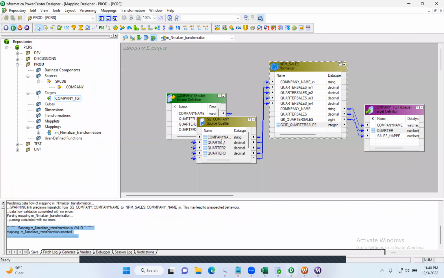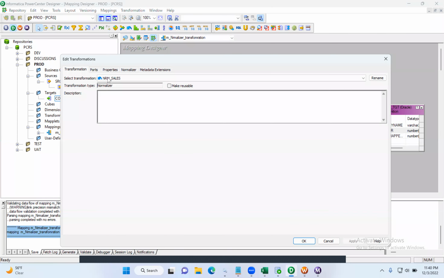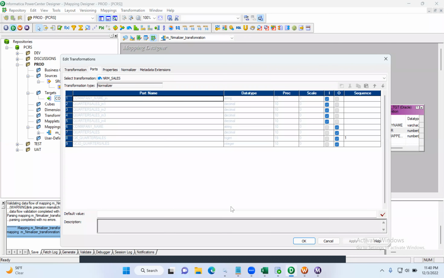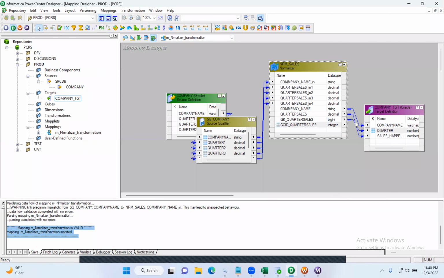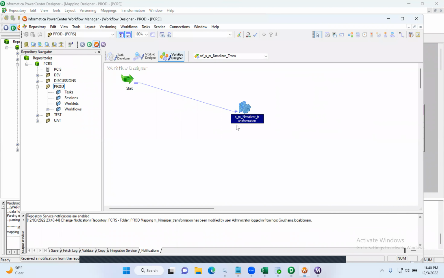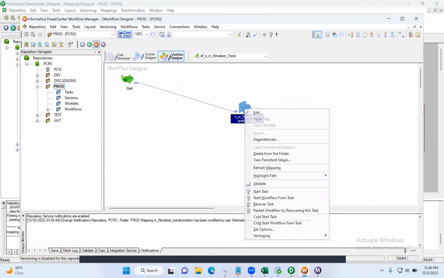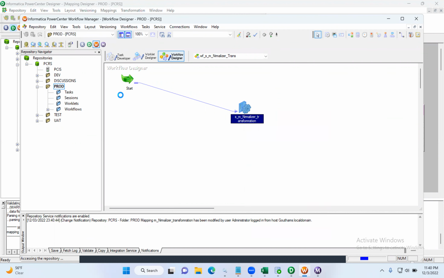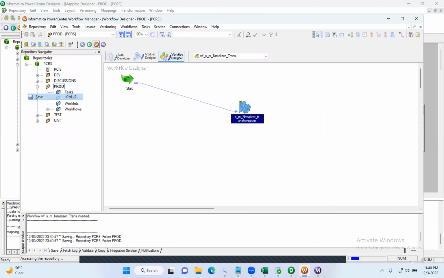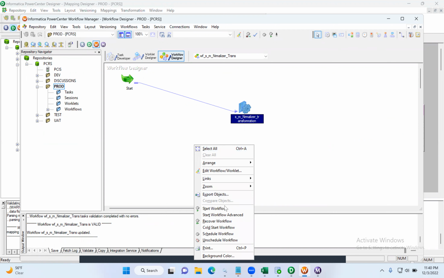Now go and change the mapping. Instead of connecting GKID, now connect the GCID to the quarter column. Let's delete it. Now connect GCID to the quarter and save it. And the mapping is valid. Whenever you make a change in the mapping, you need to refresh the mapping. Right click on the session, refresh mapping, and the yellow icon appears, and save it. The yellow icon disappears. Now run the workflow